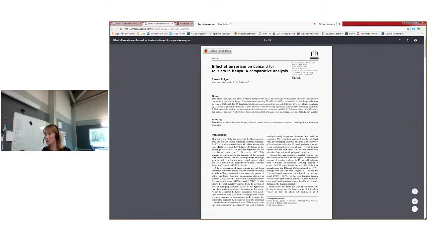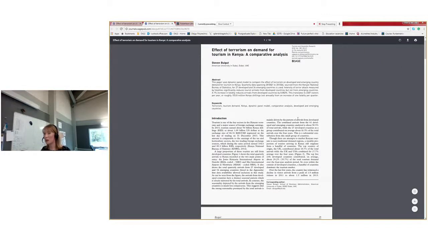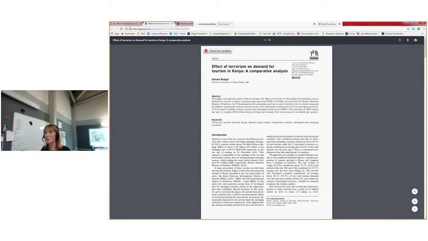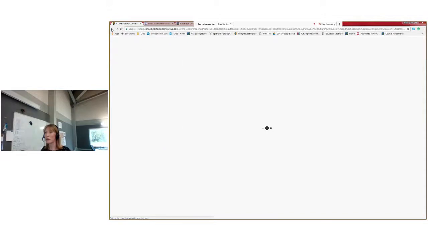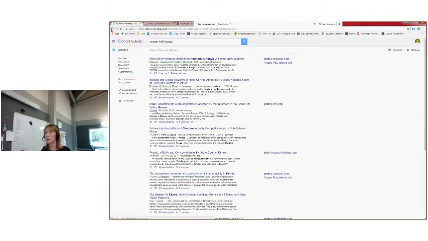So this is what a journal article looks like. And the beauty of this is that you can download it, you can print it, and then it's yours to keep and refer to. Okay. If for whatever reason, we'll just go back a few steps. Here we go. If you're looking for something and that Otago Poly article link doesn't come up to the side, what you can do is go onto the Robertson Library and have a look to see if it's there.